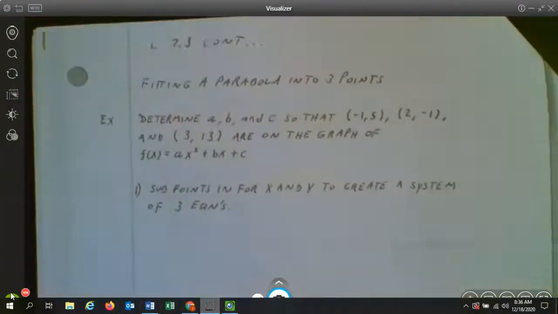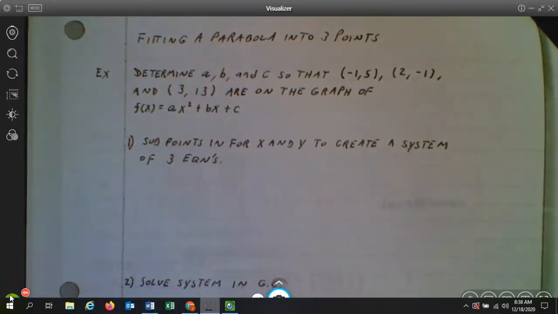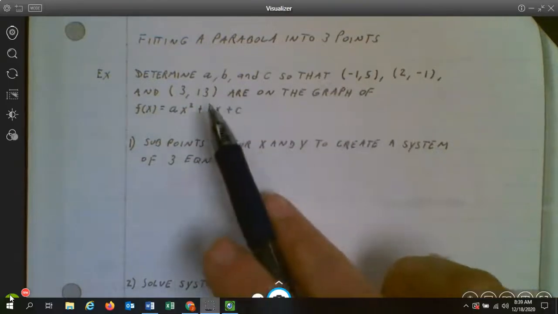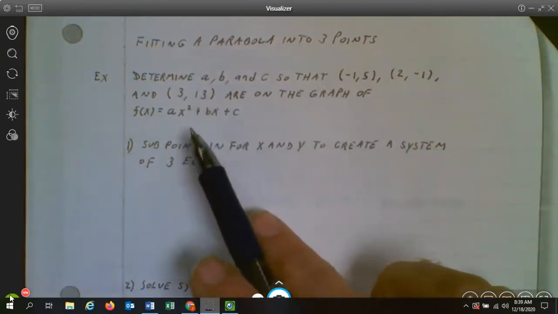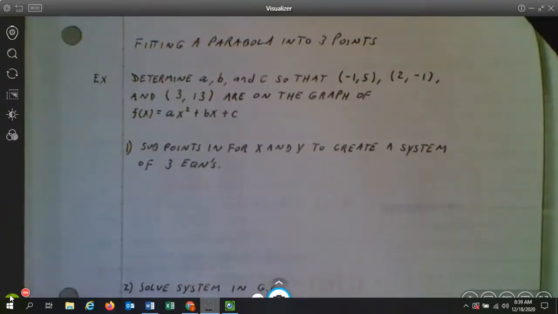And we'll end on this. This one's going to go by real quick because we're pretty much using the graphing calculator to do this process. So here's what's going on: we have 3 points that are on a parabola. Okay, so we're told it's a parabola, and we're told that these are 3 points that are on it,